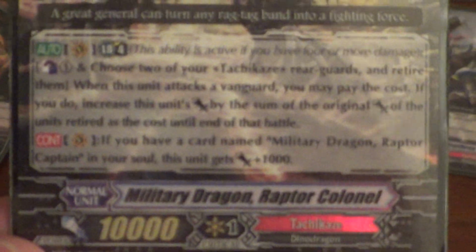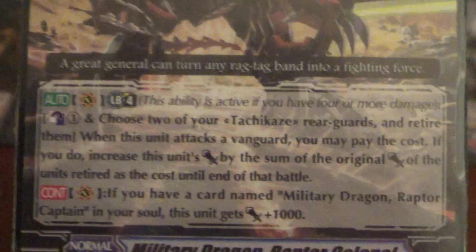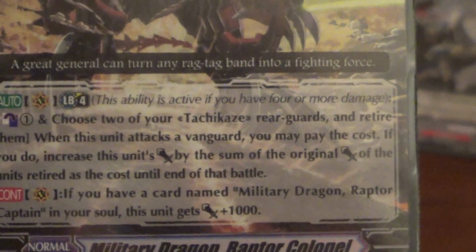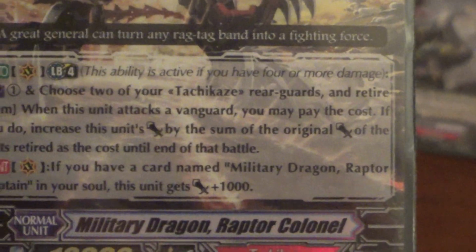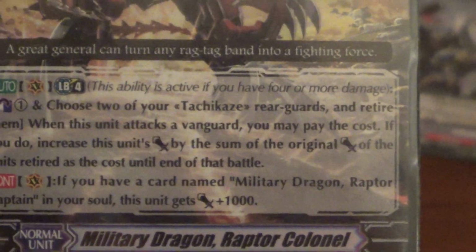He's the big star of the deck in this one, of Release the Raptors. What he does, besides his constant +1, due to the fact that if I've completed the ride chain, he's already an 11k, he has this. His limit break ability is Counterblast 1, retire 2 Tachikaze rearguards, and when this unit attacks, you may pay the